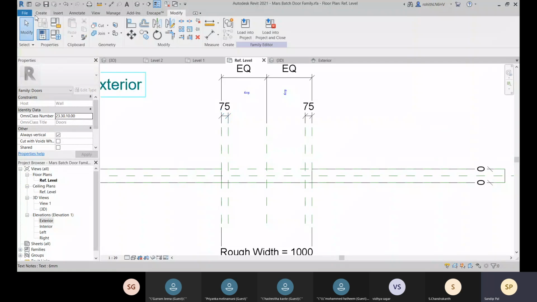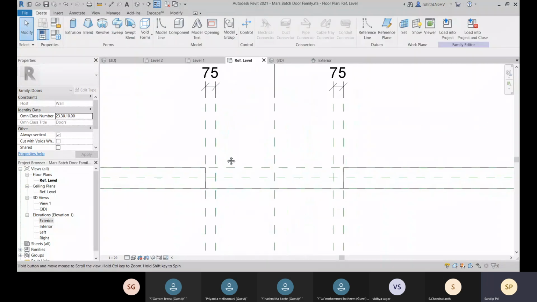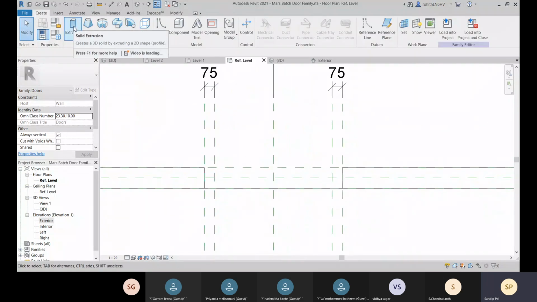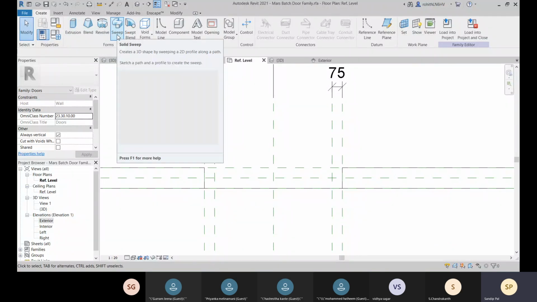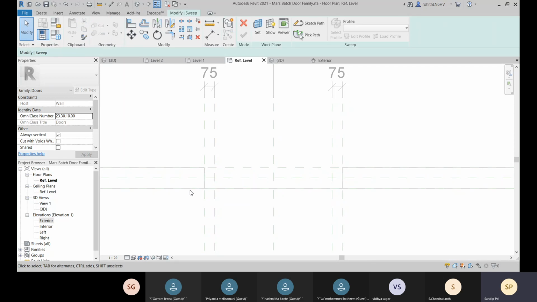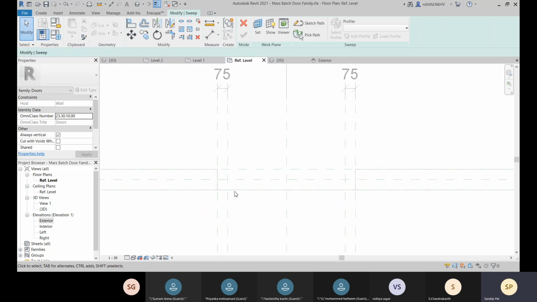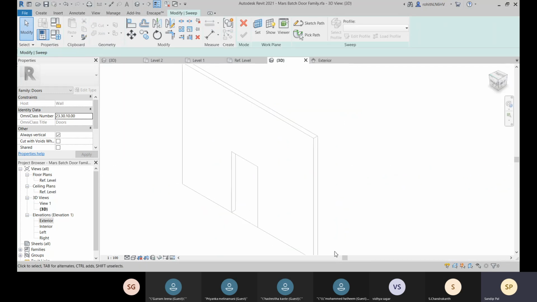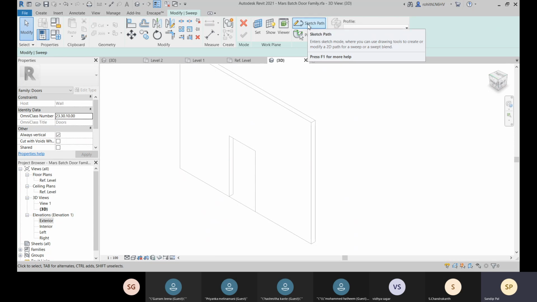Now let's go for create, and let's go for sweep. Okay, so I will choose sweep, and now let's come to 3D, and it's asking me to define the path. So I can go for sketch path if I need to sketch.